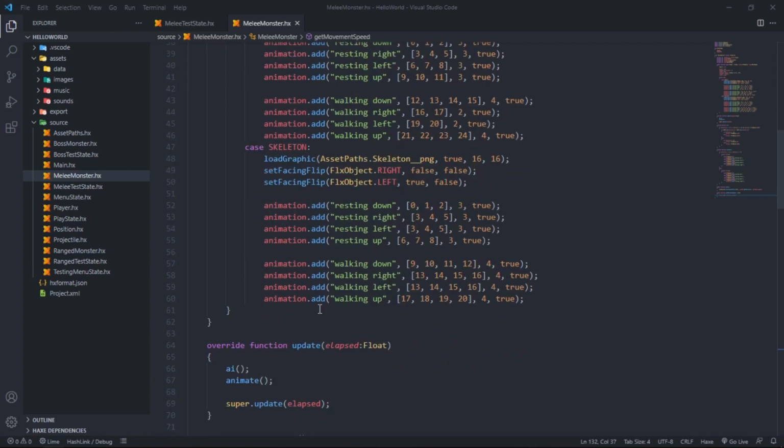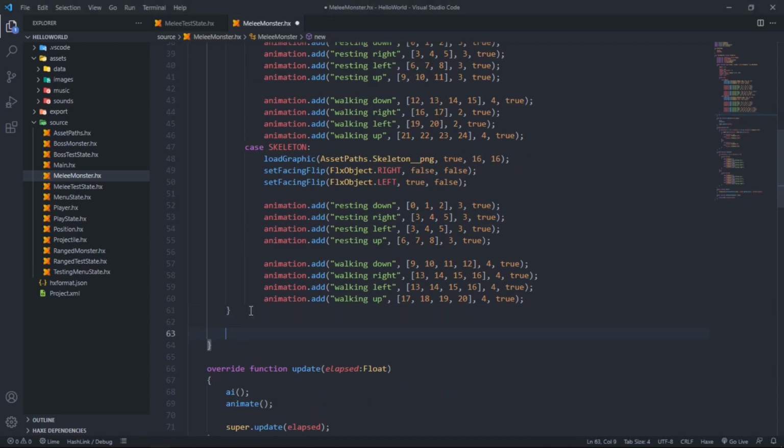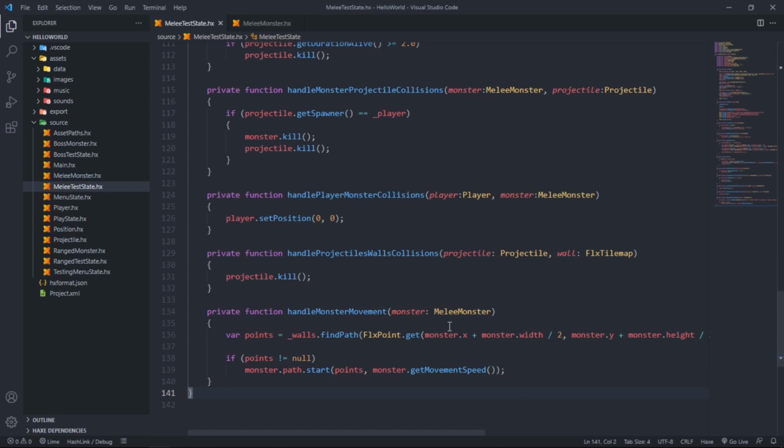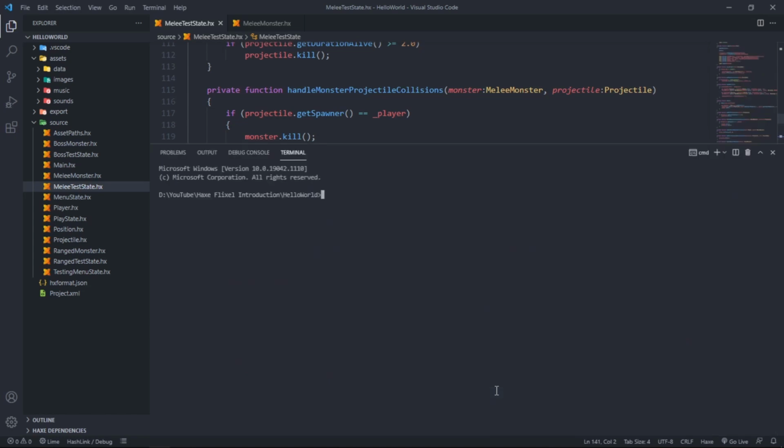Yeah, so at the bottom of the constructor it is this dot path equals new FlxPath, so that we at least have a path for the monster and it doesn't throw a null reference exception every time. And that should be it. Let's see if we test it now. So lime test